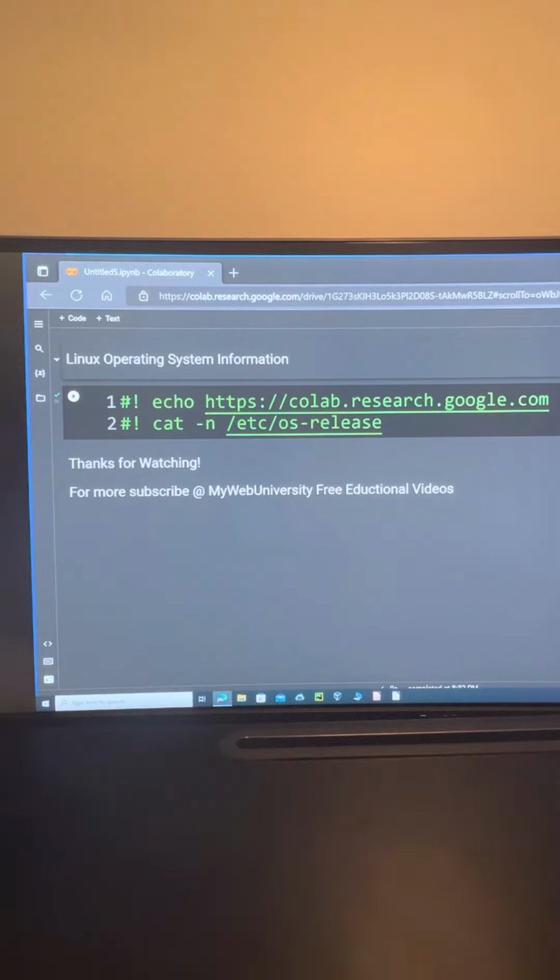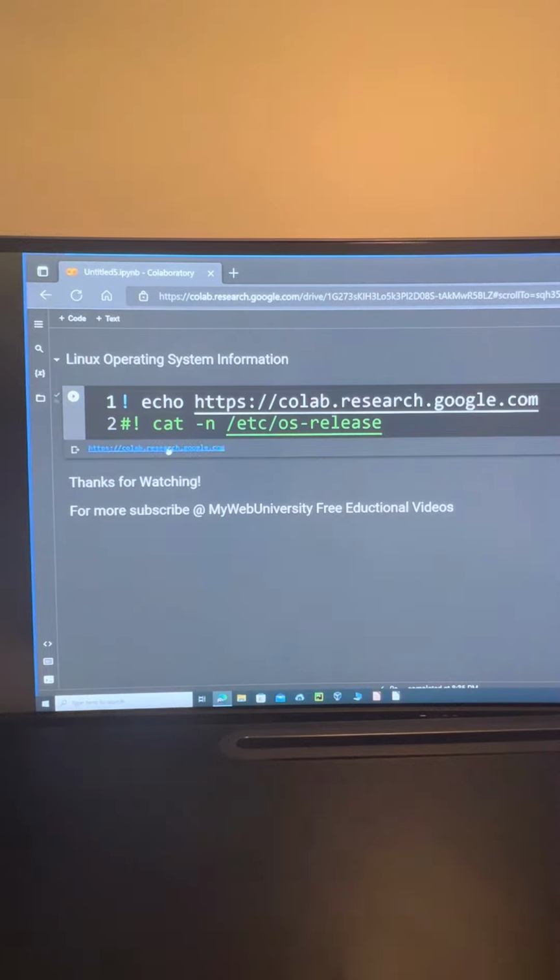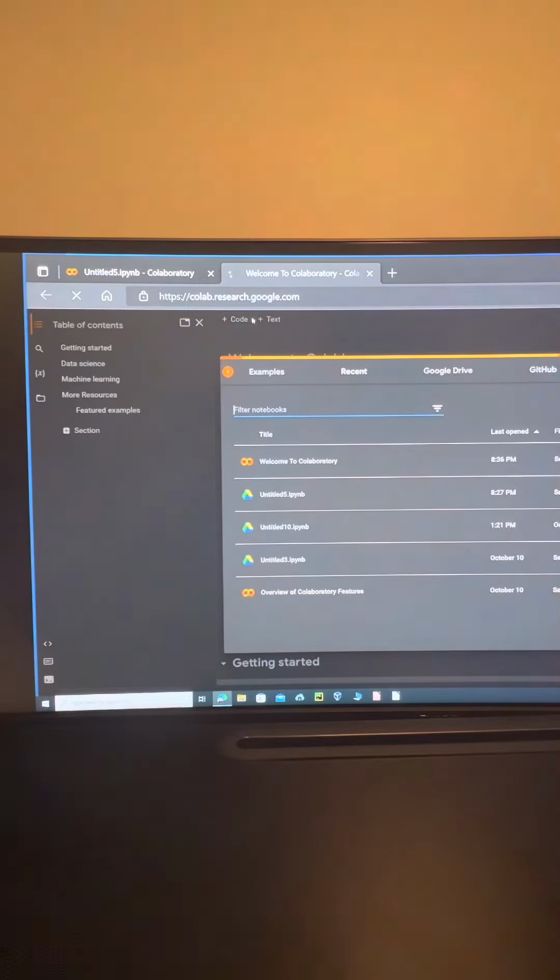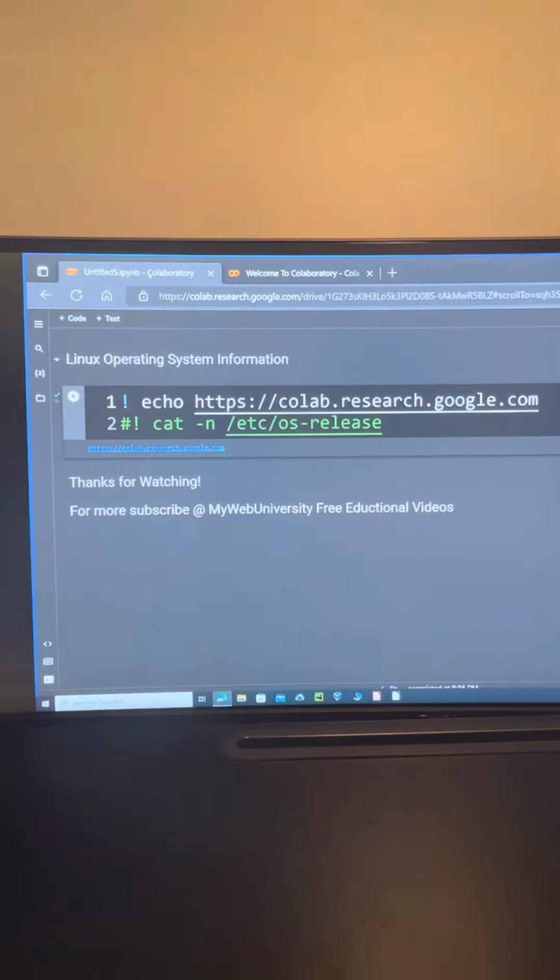You can see this one, I'm using the pound in front of this one. So if I just leave this one echo command, basically it is running the Linux command echo command here, and it is going to give me this URL of the actual web page that is opening the notebook. So you're welcome to just go to your Google account, log in, and open a notebook, and then start practicing Python or Linux. So without further ado, let me just show you, for example, how to get system information from